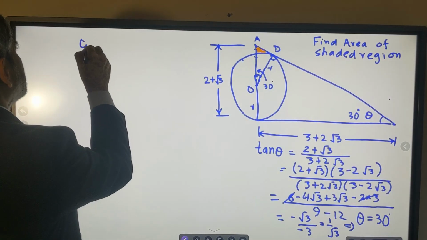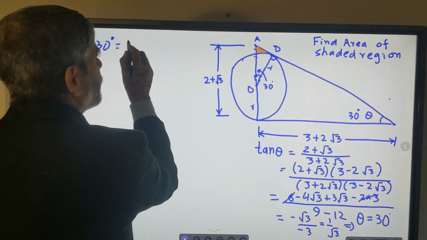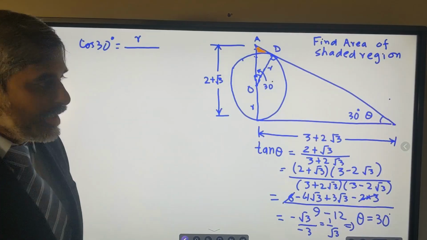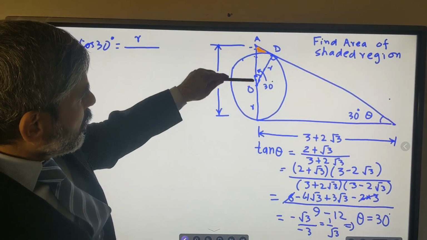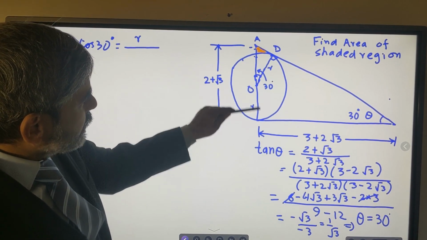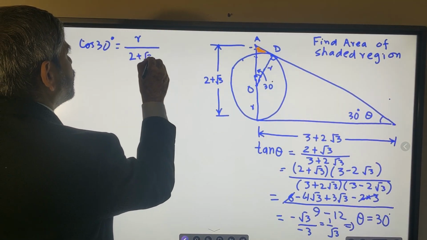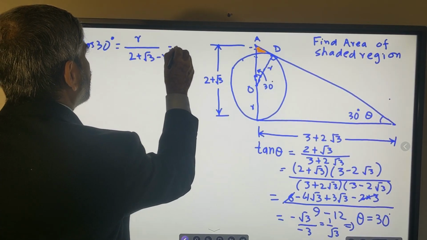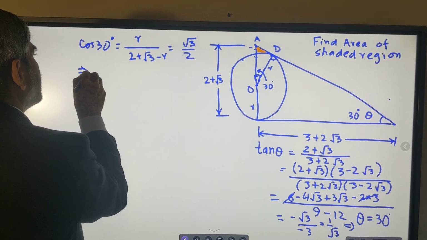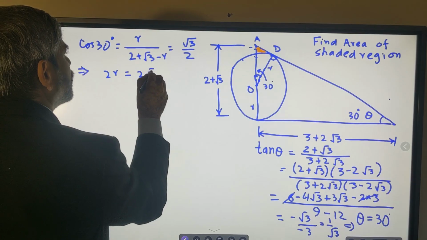So I write cos 30 degrees equal to this r, the base, divided by this side AO. And AO is nothing but 2 plus square root of 3 minus r. So I have r over 2 plus square root of 3 minus r, and cos 30 degrees is root 3 by 2. And this implies 2r is equal to